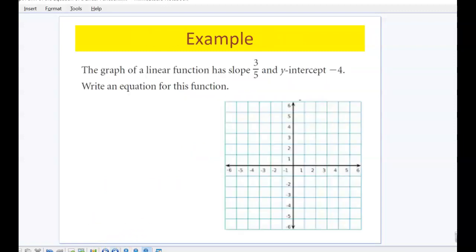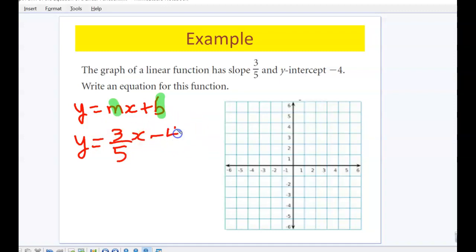Okay, next example says the graph of a linear function has a slope of 3/5 and a y-intercept of -4. Write the equation for this function, and then we're going to graph this function. So again, we'll start with the equation y equals mx plus b. Again, m is the slope, b is the y-intercept. So in place of the slope, I'm going to put 3 over 5x, and in place of the y-intercept,